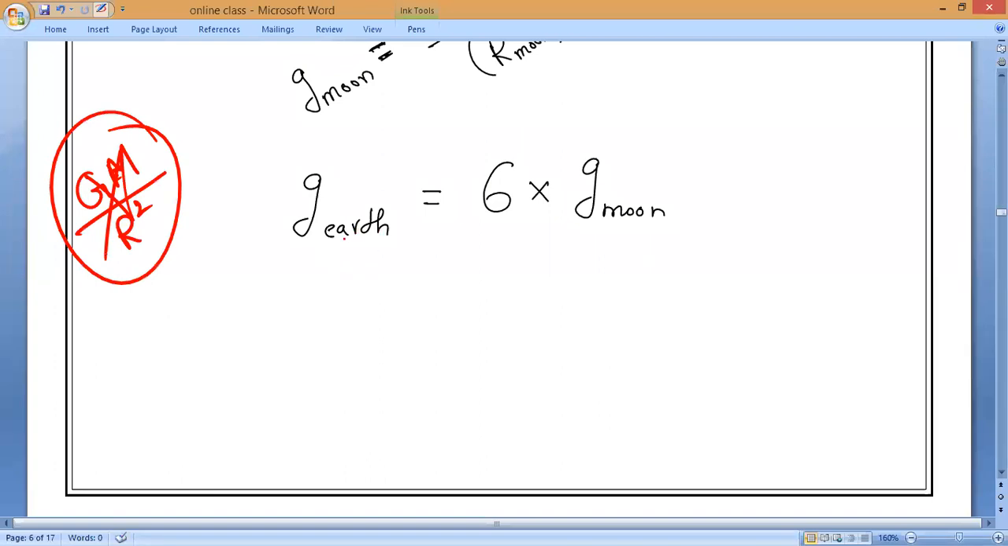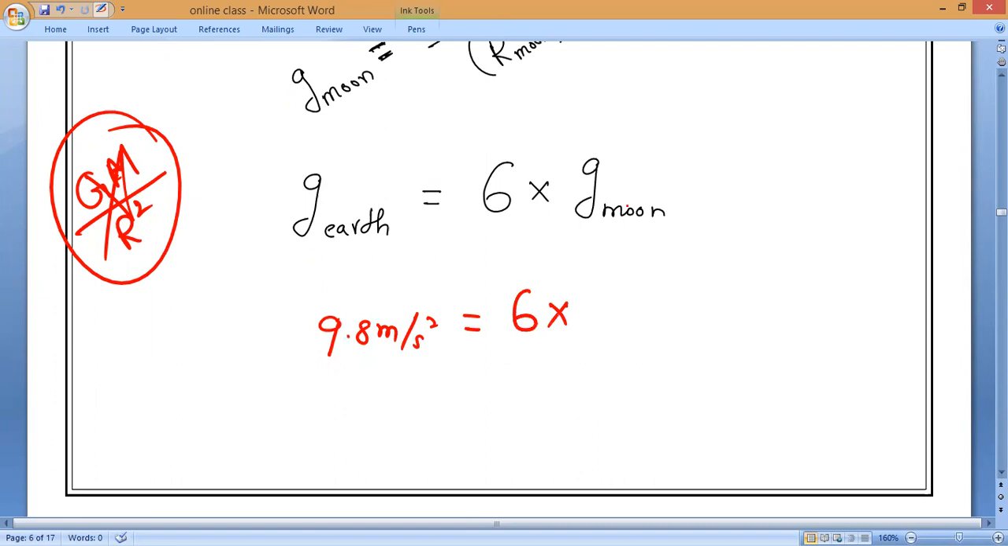Acceleration due to gravity of Earth. I'm asking, the acceleration due to gravity of Earth, value. 9.8. Very good. 9.8 meter per second square, which is equal to 6 into